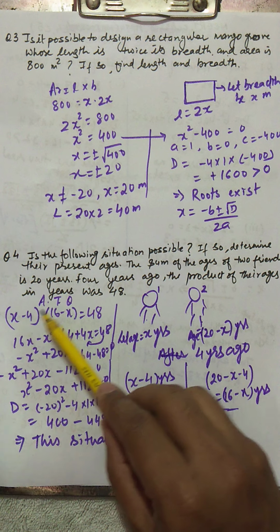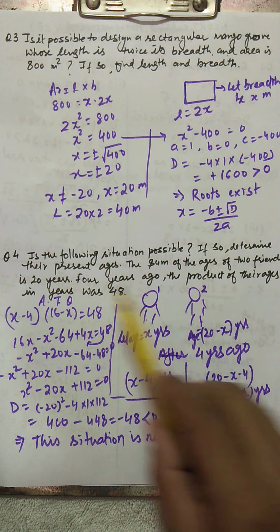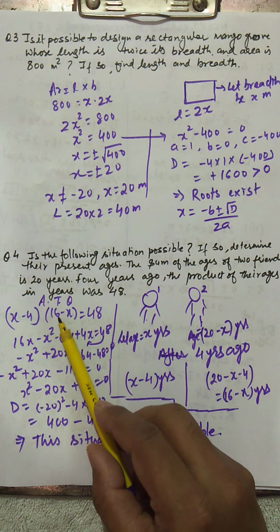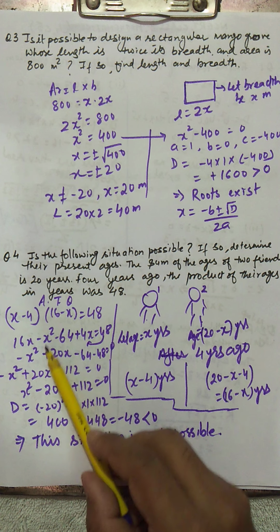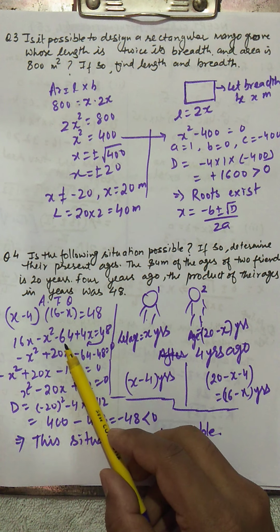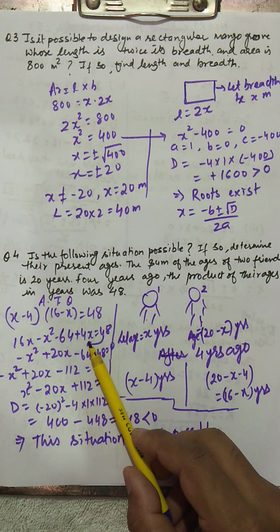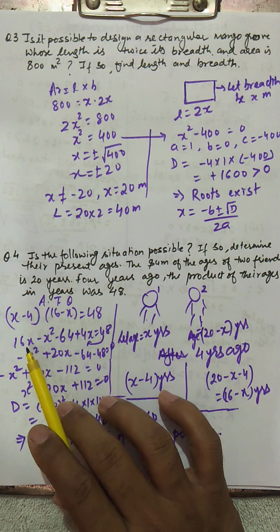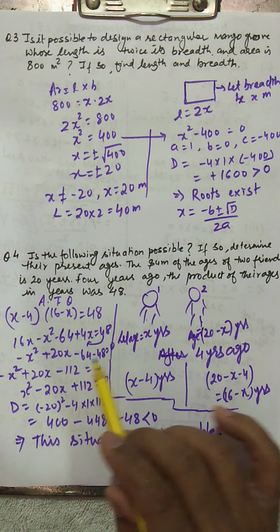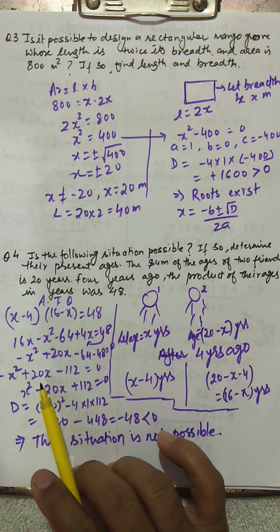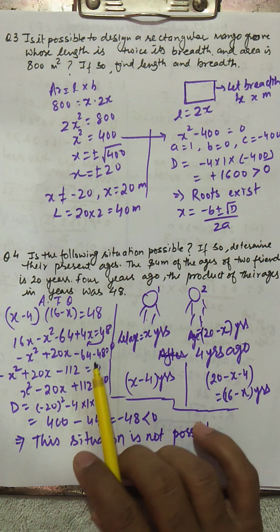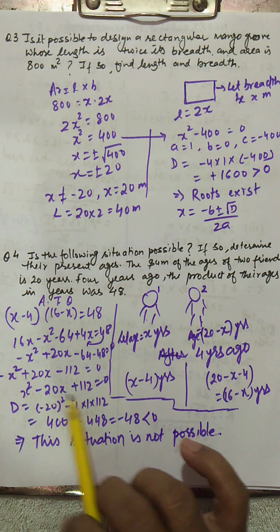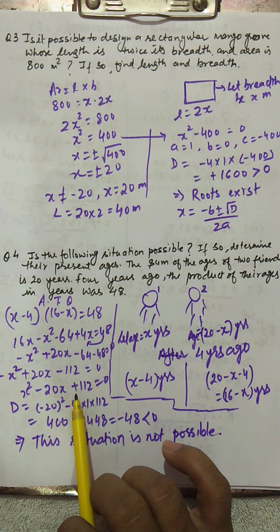Now come to this question, according to the condition that the product of their ages in years was 48. So you do the product, and this is 48: multiply x into 16, this is 16x, x into x, this is minus x square, 4 into 16 is 64, and minus 4 minus x, this is 4x, and this is going to be 48. So 48 you bring to this side, so this becomes minus x square, and 16 plus 4x, this is 20x, and 64 minus 48, this is equal to 0. So minus x square, this is 20x, and this you do the sum, so this is going to be 112, equal to 0. So x square minus 20x, and I have multiplied both sides by minus 1, so this becomes plus 112, this is equal to 0.